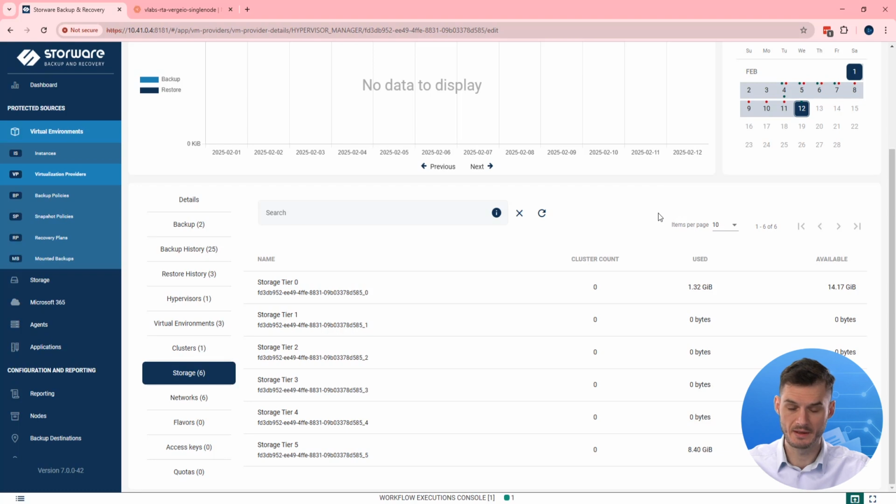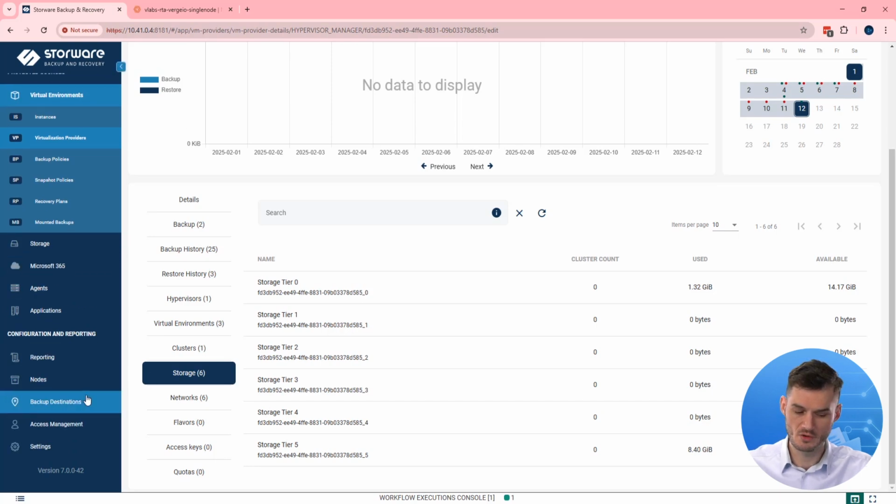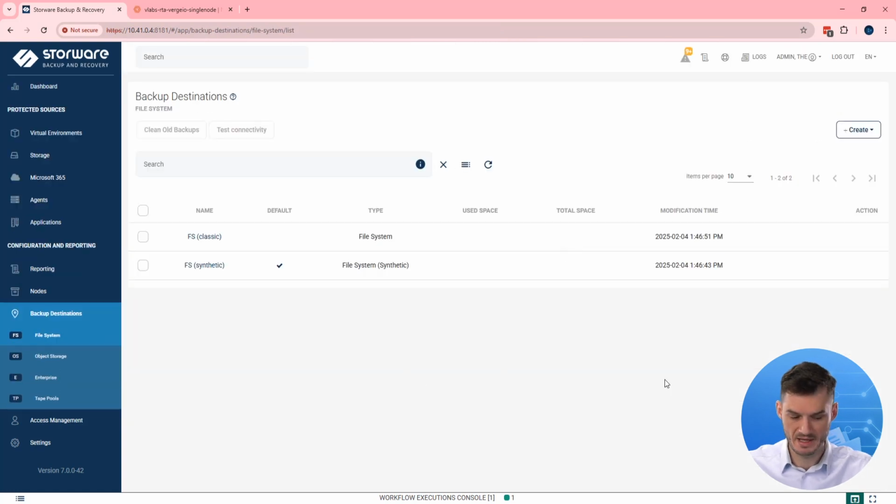Okay, to start protecting a VM from VergeOS, you need to prepare storage or a repository for your data. How to do it? Storware is giving you a few options. On the left tab, please find backup destination. Over there you can choose where you want to store your data. You can choose file system, so basically a block device mounted to the Storware node could be used as a repository for your data,